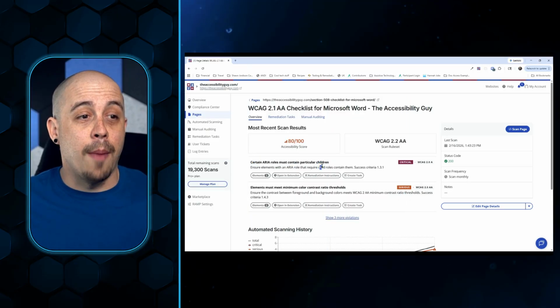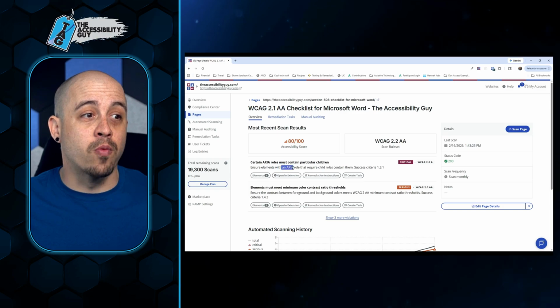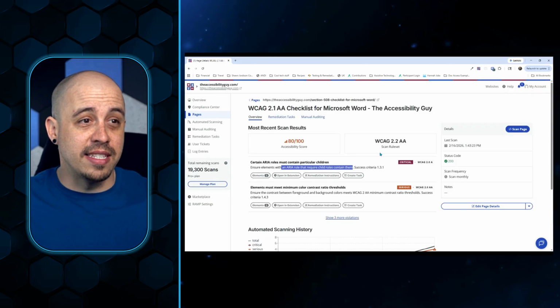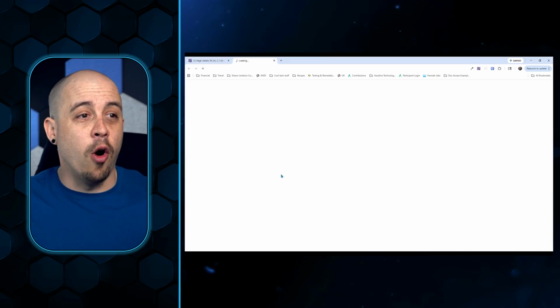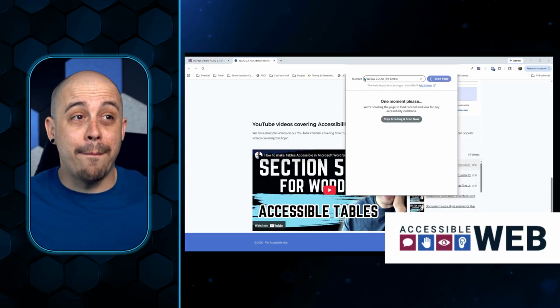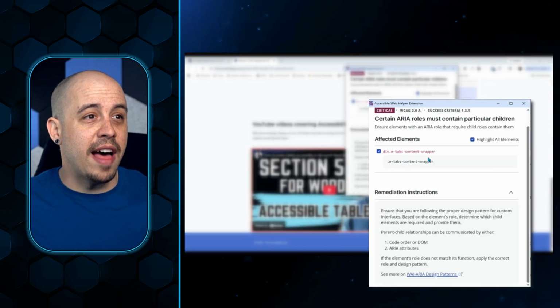We've got a couple of issues that need to be addressed. Ensure elements with an ARIA role that require child roles contain them. I don't even know where this is at. So let's go ahead and select Open in Extension. This is going to take me to the specific web page on our website, and it's telling me that our